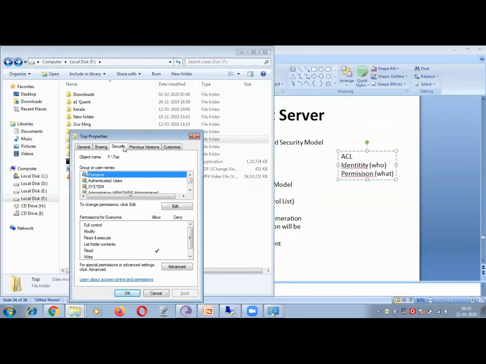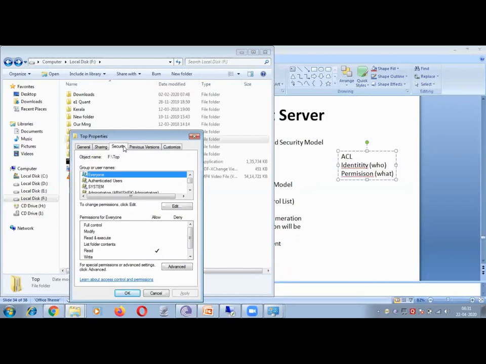One is called identity. The second one is called permissions. This whole bunch is called an access control list. So Microsoft has implemented an ACL for every object, right?